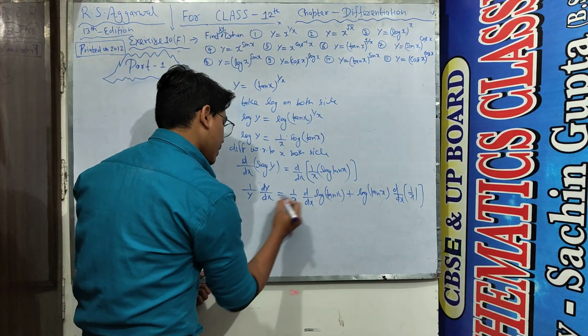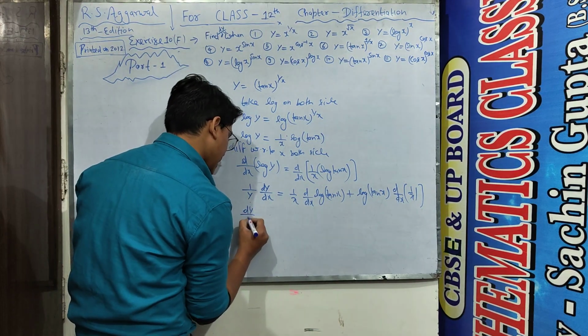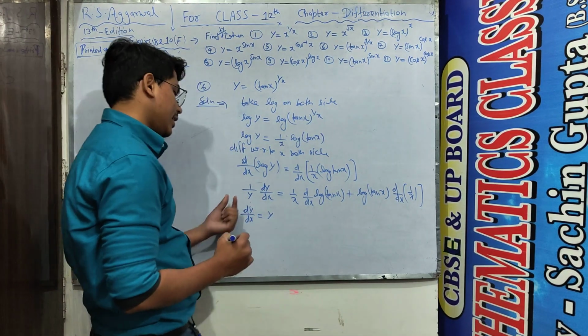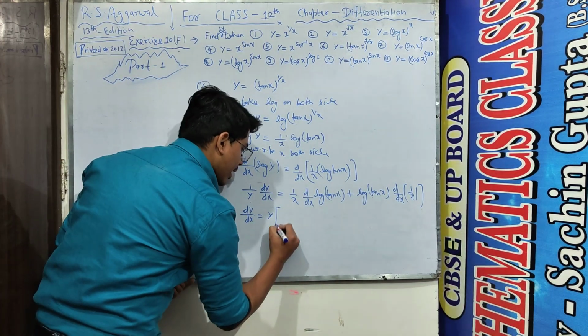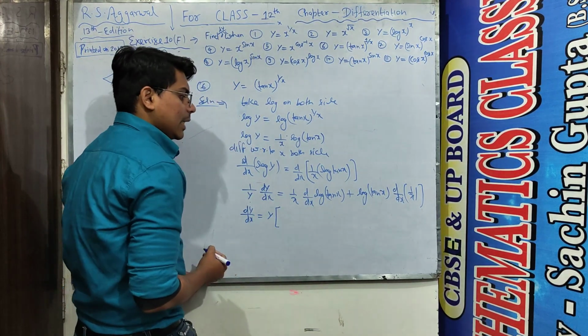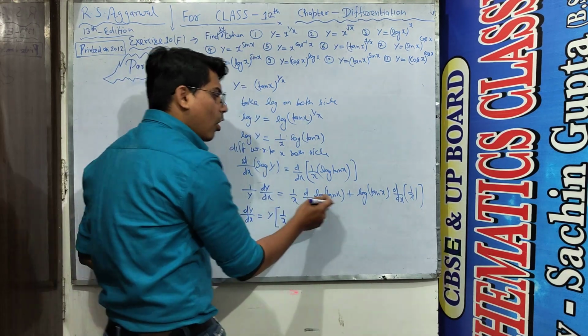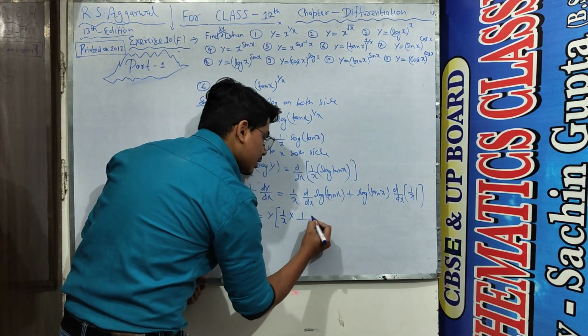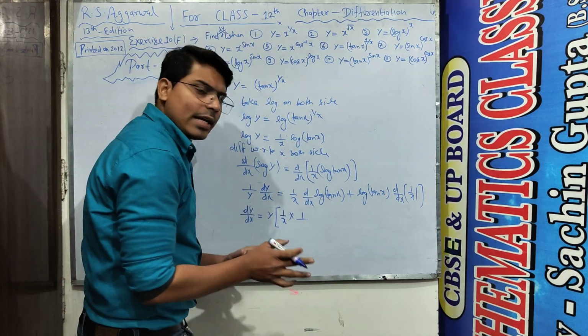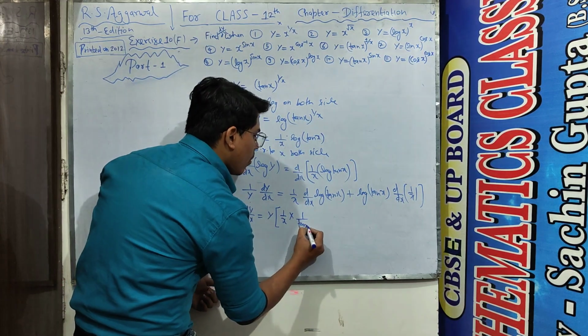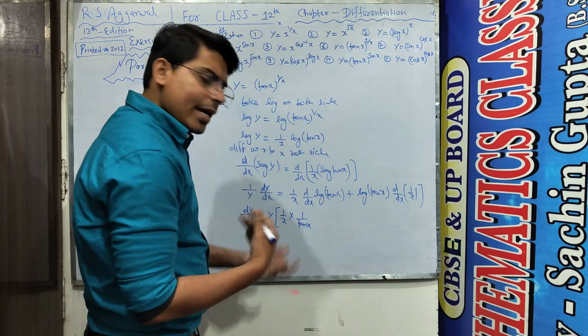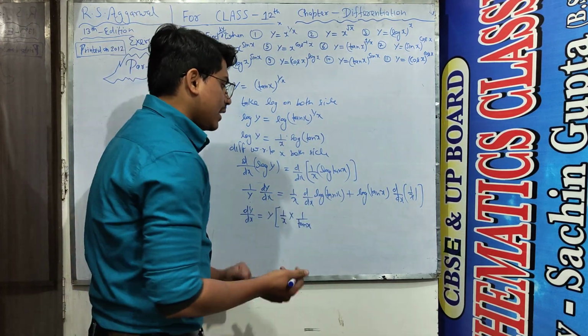Now this y goes on the right hand side in the multiplication, because it is written in the division, so it goes there in the multiplication, and 1 by x I write as well, and the differential of log x is 1 upon x. Since in the place of x is coming tan x, so I write here 1 upon tan x, and we again differentiate tan x by applying the chain rule.